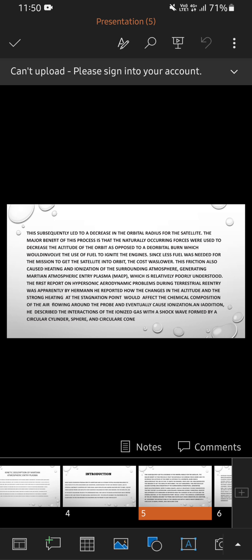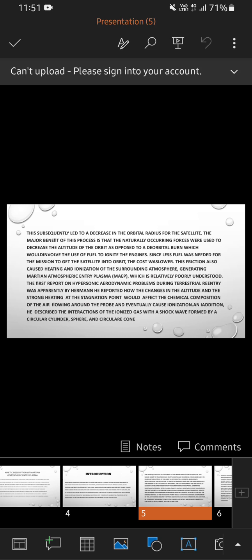The major benefit of this process is that naturally occurring forces were used to decrease the altitude of the orbit, as opposed to a deorbital burn, which would involve the use of fuel to initiate the engines. Since less fuel was needed for the mission to get the satellite into orbit, the cost was lower. The friction also caused heating and the ionization of the surrounding atmosphere, generating Martian atmospheric entry plasma, MAEP, which is